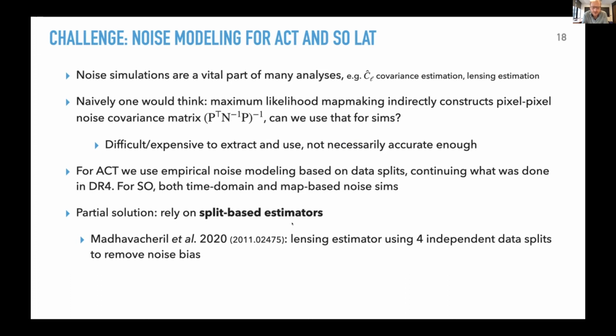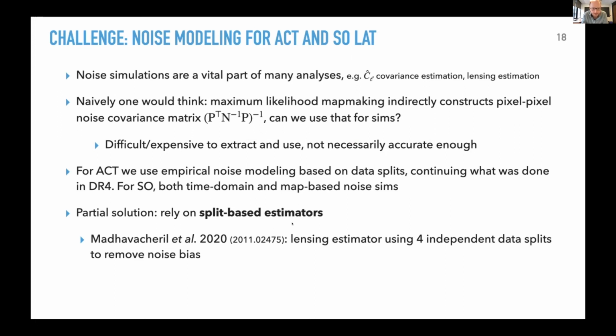So we're using this very empirically based model where we use different data splits to find out what our noise is in the map domain and then try to model that. So I'll talk about that, what we're doing right now,